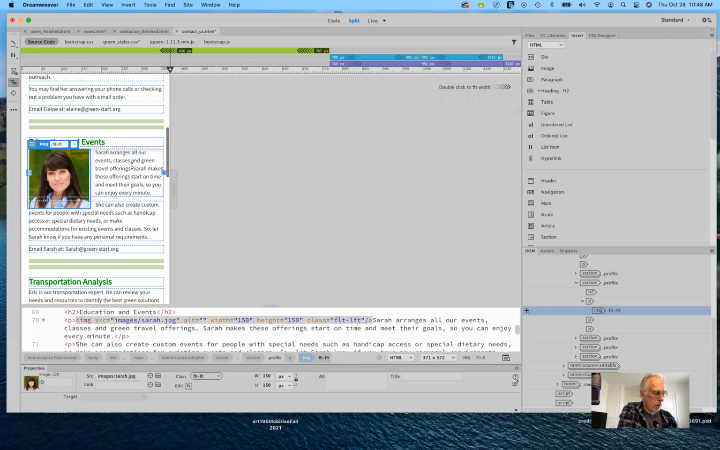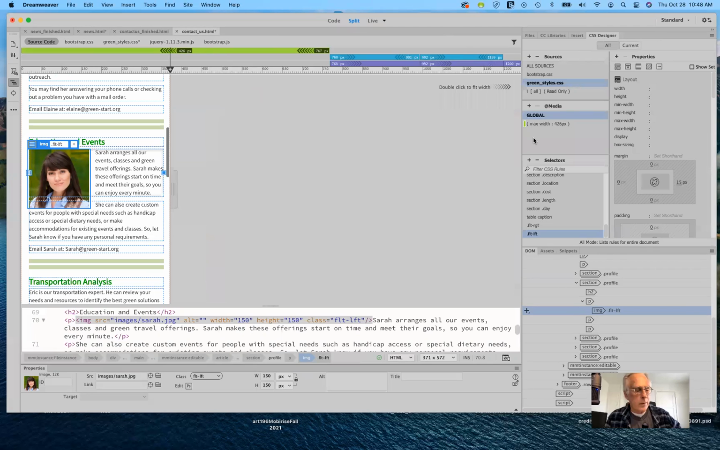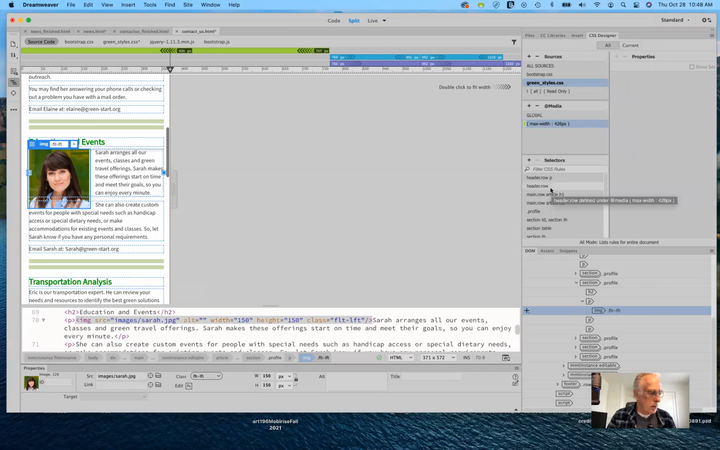So what I'm going to do now is go back over to CSS Designer. And what we need to do is, for the green styles, make sure that we add to our media query. So let's go ahead and add one here. And what I want to do is work with